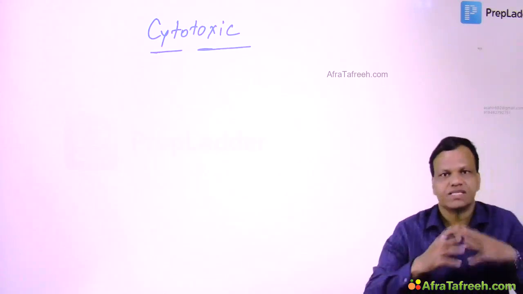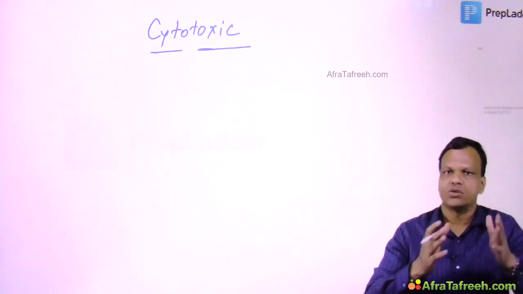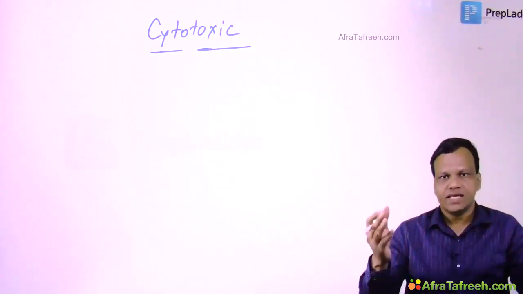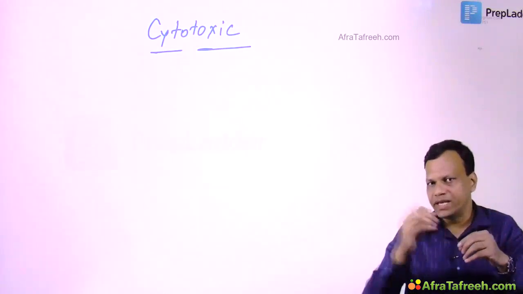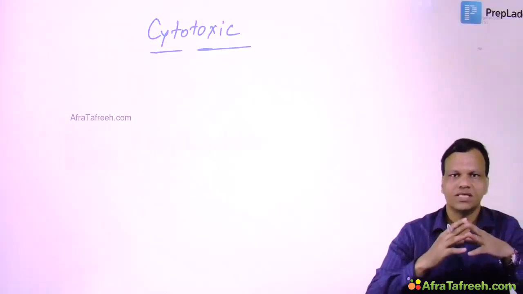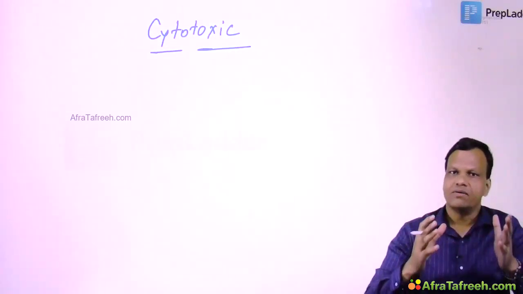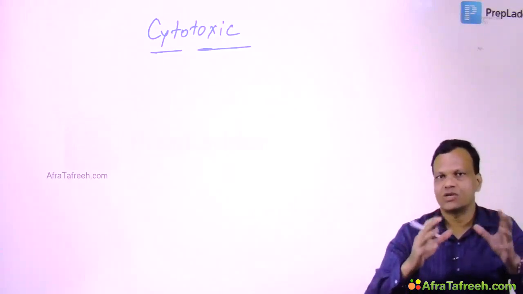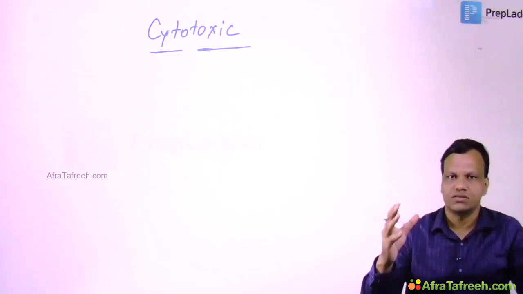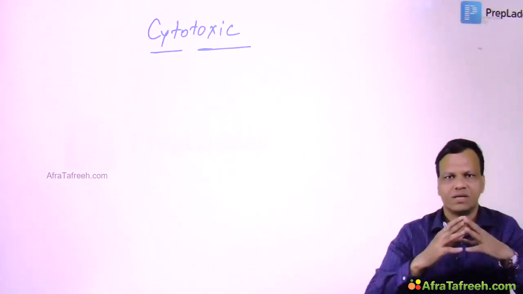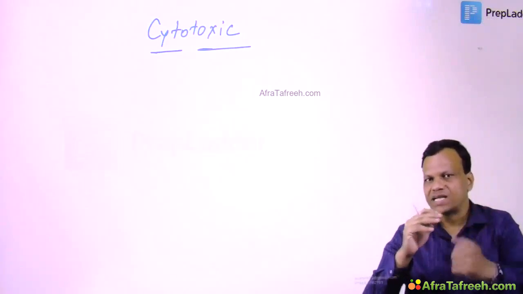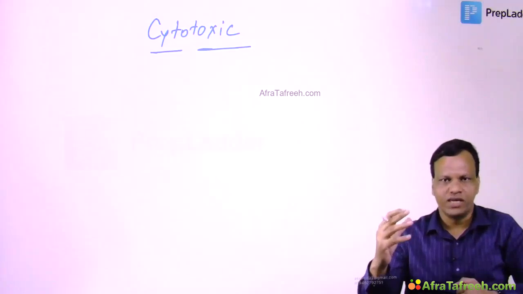Cytotoxic drugs, as the name says, are toxic to cells. So they can kill almost any cell. But we want to kill mainly cancer cells, not the normal human cells. But we cannot differentiate because tumor cells and normal cells are quite similar. So that's why cytotoxic drugs are very, very toxic. They kill the normal cells also at many places, that leads to side effects. But we want to maintain a little selectivity so that cancer cells have more likelihood of being killed as compared to